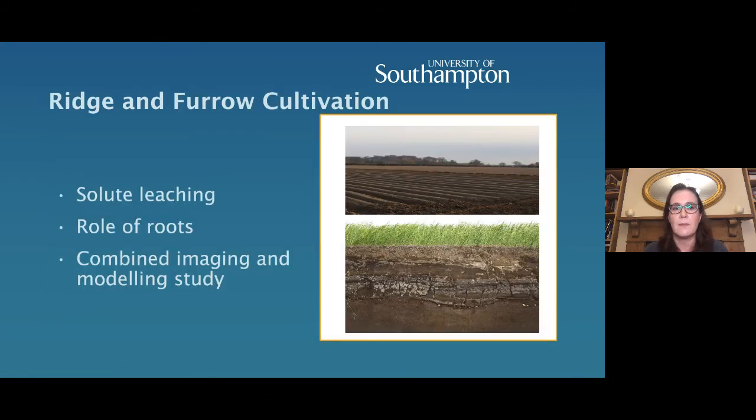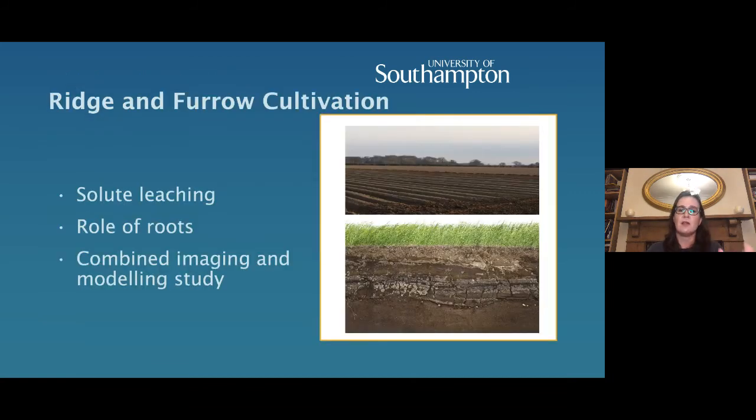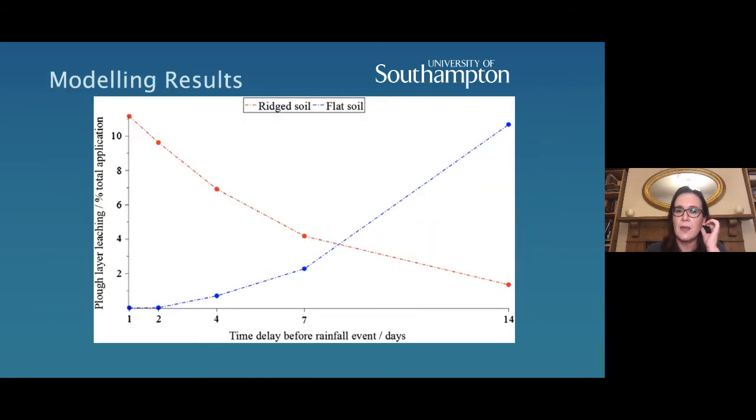We've also looked at the models on a field scale now, going on to ridge and furrow fertilization. Potatoes are done in a ridge and furrow system. The current safety standards say that ridge cultivation is much more environmentally unfriendly than the flat field combination, because they say that the runoff from ridge and furrow can be bigger. So we developed the models for this, and what we found is that actually that depends on the rainfall pattern,